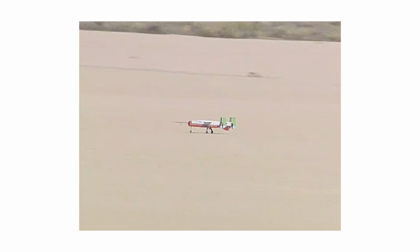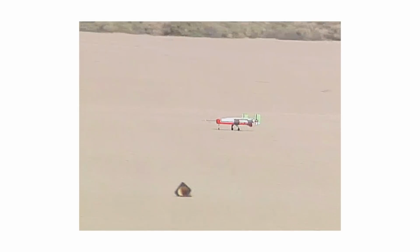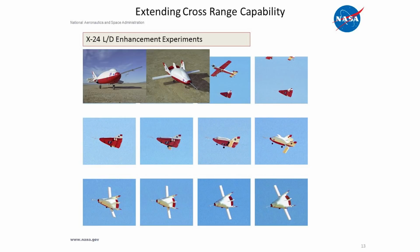You can see it flies quite nicely. Not exactly a trainer, but controllable. It works. So continuing on with that theme, we took the X-24 shape, which is a traditional lifting body, and